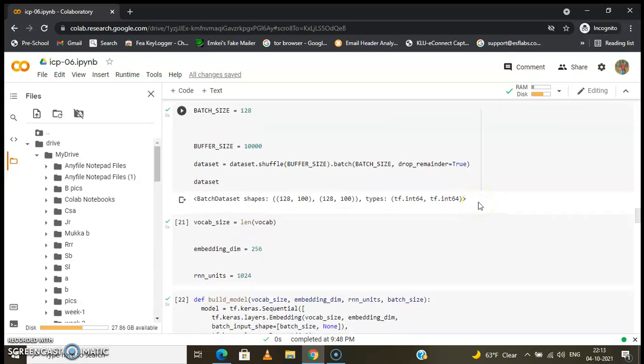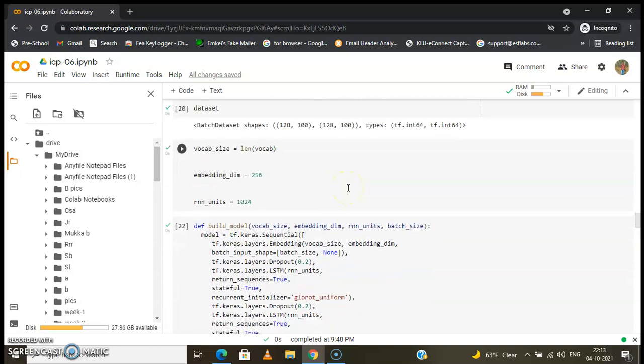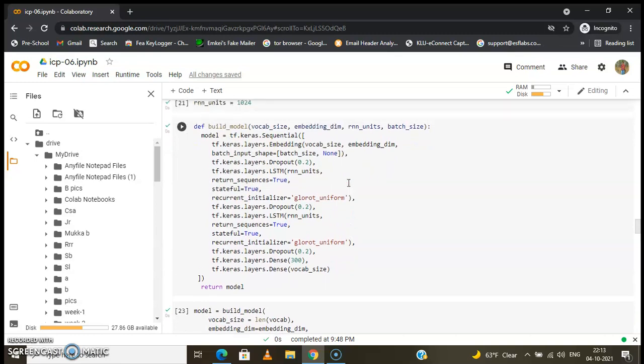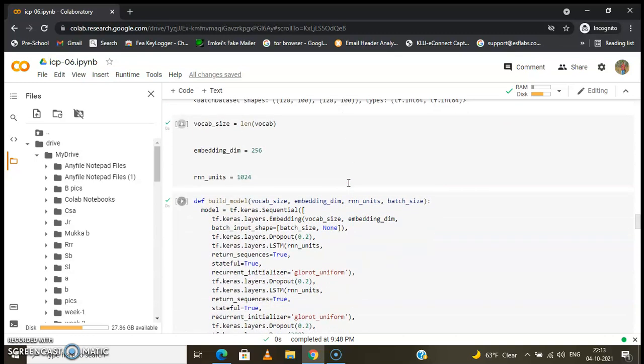Now here we are creating a batch size of 128 as I said before, and for shuffling the data set we have taken the buffer size as 10,000. Then coming down, for modeling of the data we give the vocab size, the length of the vocab, which is 98, and an embedding dimension of 256.